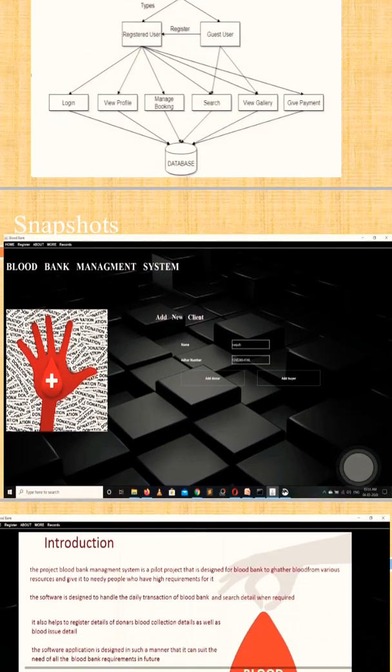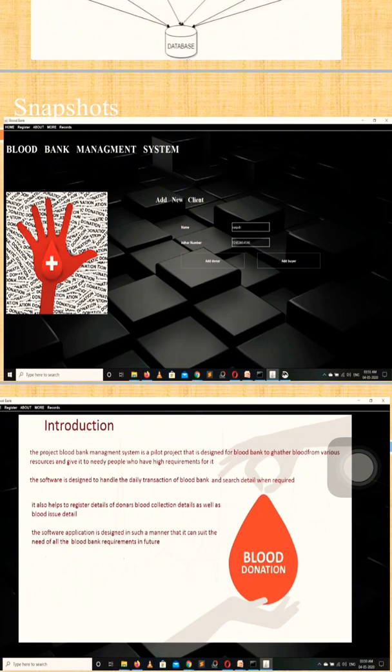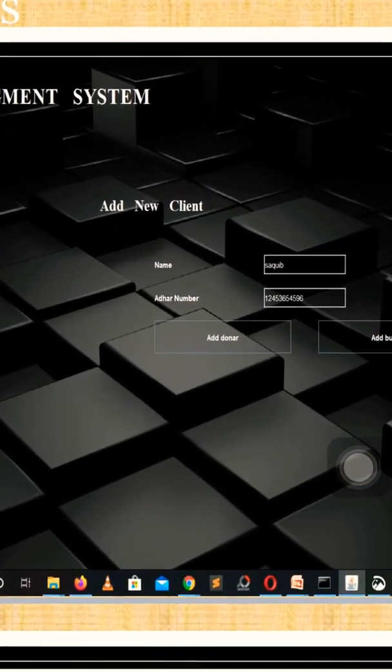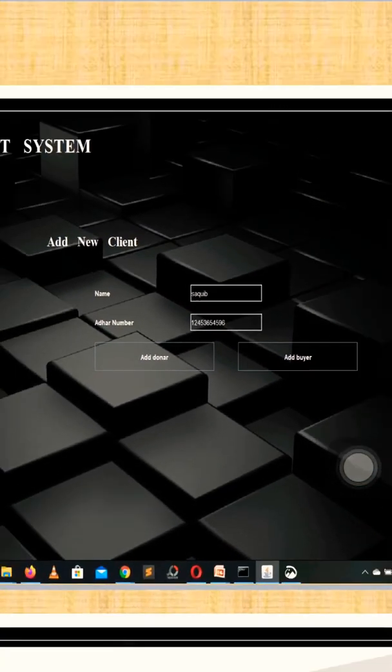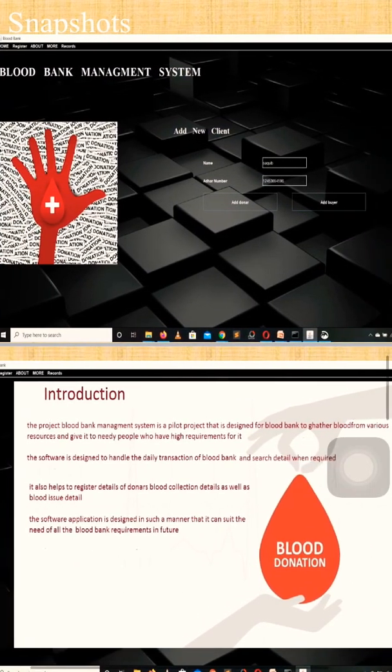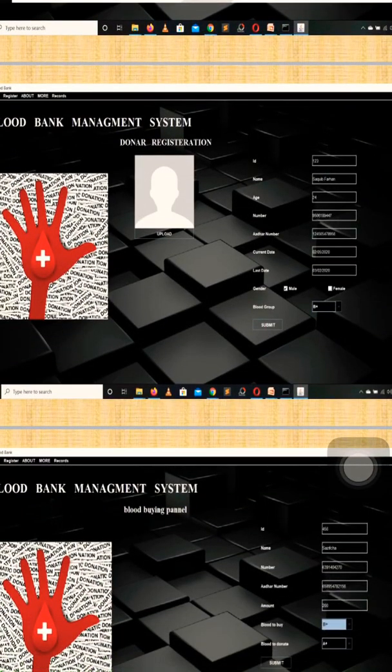Now here are some snapshots from the app. The first snapshot is of the login page, in which one person can register themselves as a donor or buyer, and it contains the name and Aadhaar number, which you can see clearly. Now the second snapshot comes,